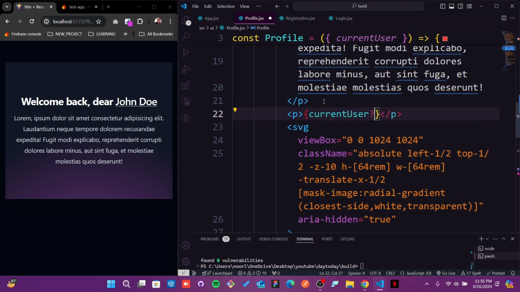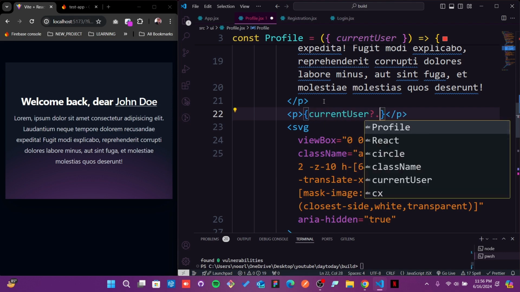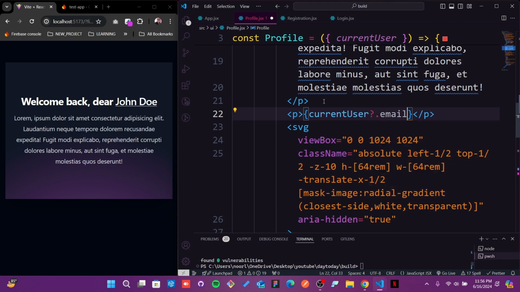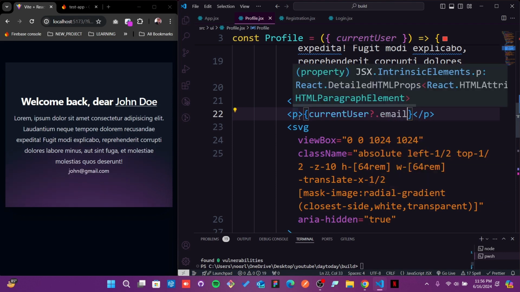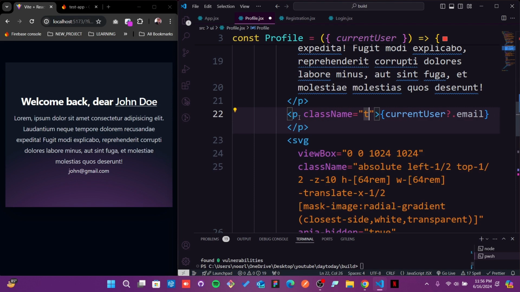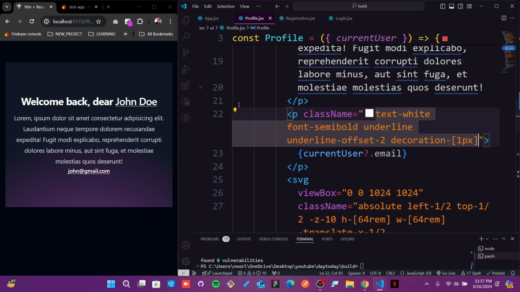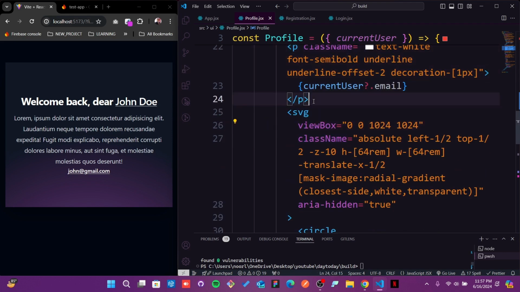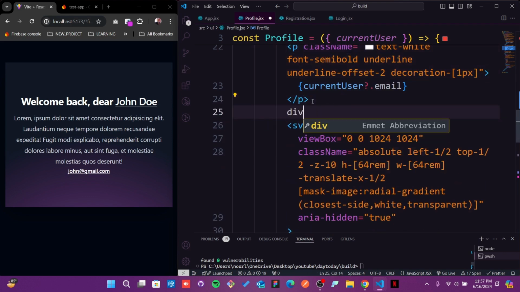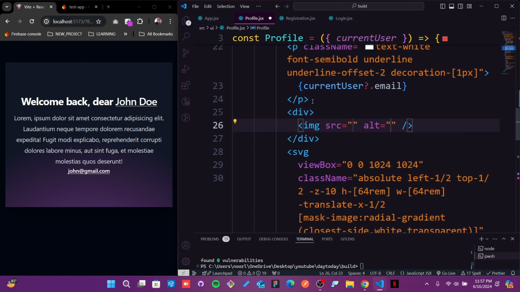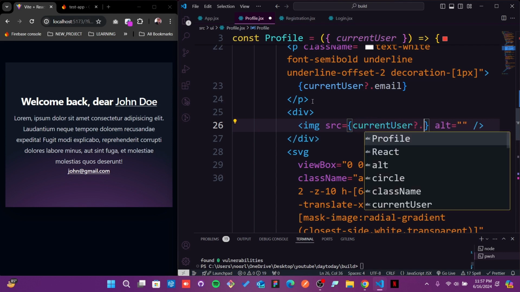as current user dot, what you can say, email. So first we're going to define that email. Class name text should be white, or as you know, you can figure it out whatever the class name is providing here. It's just a fancy thing, just designing. And now we need to define our image tag also. So let's get a div, and I'm going to get an image tag which is going to be current user dot avatar,